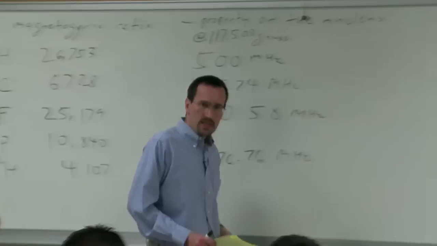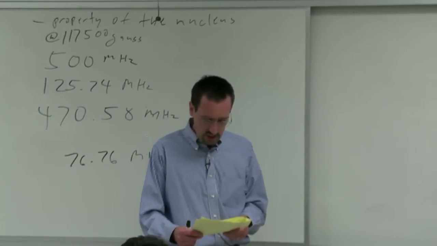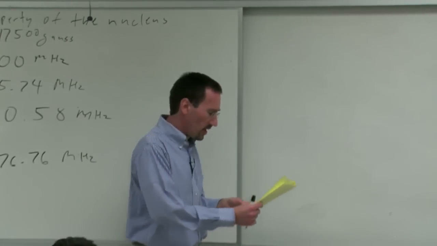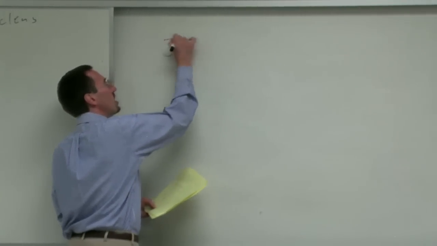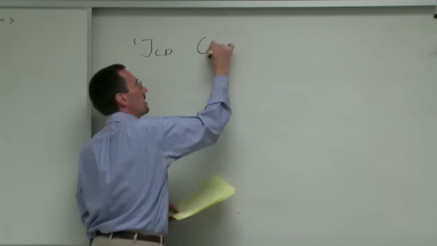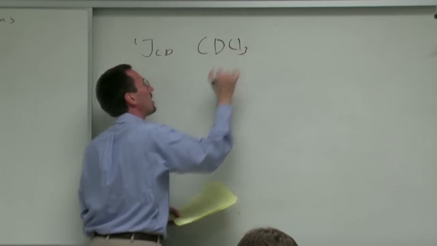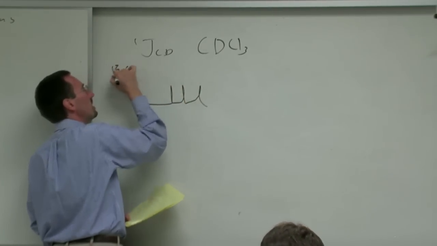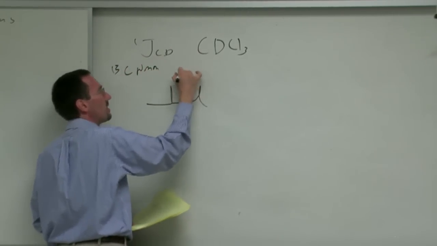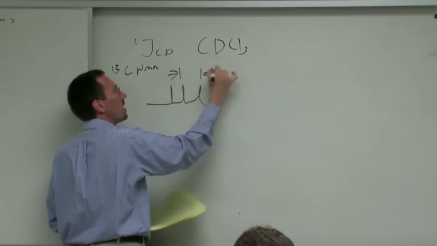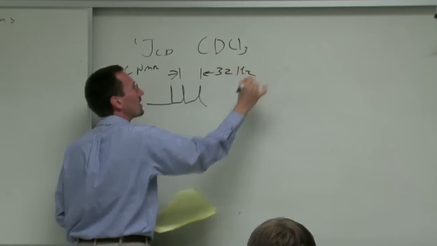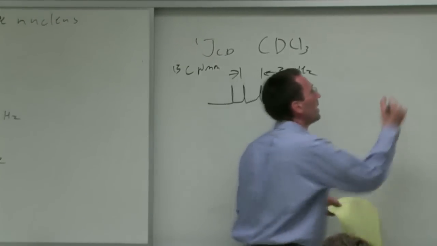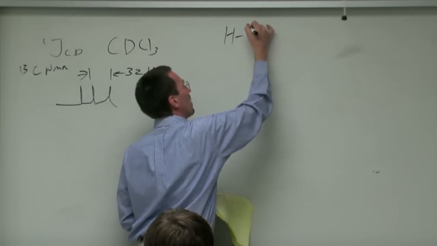I want to come back to these magnetogyric ratios because you've seen this with your own eyes. Now, we already talked about the J1CD coupling in chloroform. And remember I said you see this 1-to-1-to-1 triplet in the C13 NMR, and the separation of the lines is 32 Hertz. Well, if you've ever looked hard at your chloroform peak in the proton NMR,